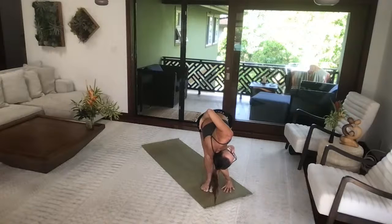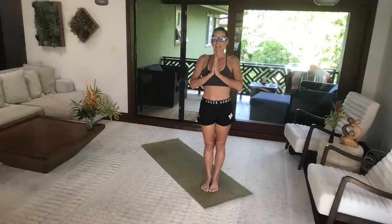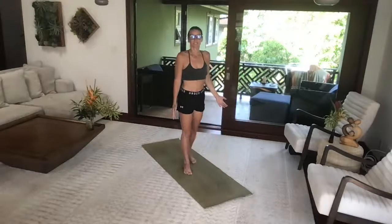Sit down. And 1. Inhale, bring your hands back to prayer position at the heart. Take a nice cleansing breath in through the nose. Exhale slowly. Release your hands to the side. Moving through